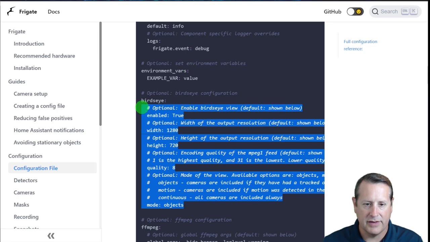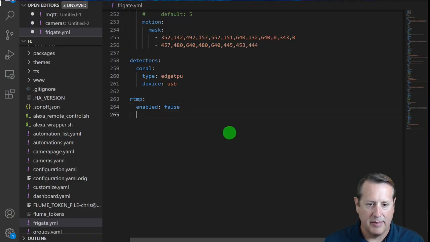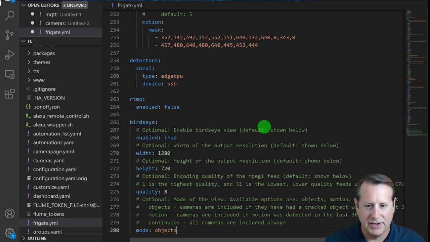Some of it defaults to certain things. I'm going to click and copy this, and I'm going to paste it into my Frigate file. I'm just going to put it at the bottom of my Frigate configuration, and I'll just leave all the comments for now. It's enabled true, with, I'm going to change this to 640 by 480